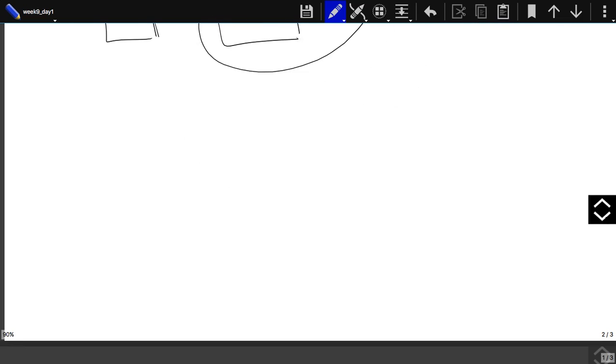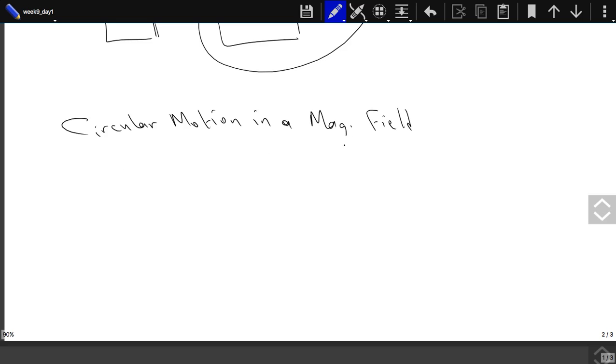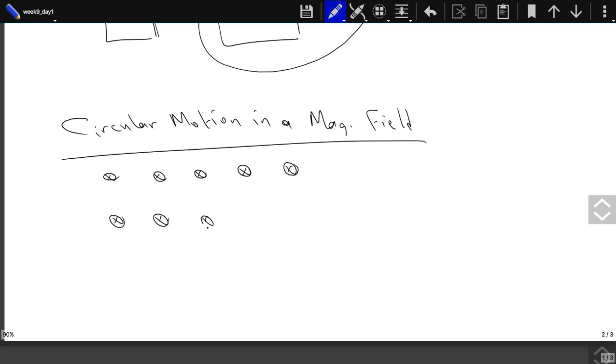Now let's go back to, let's review the circular motion. Now we said that if we have a region of space which has a uniform magnetic field, and you just send some charge through this region with an initial velocity, and let's say it's a positive charge, there will be a magnetic force in the upward direction, and the trajectory, it will be always perpendicular to the velocity of this charge. And we said that it will be doing uniform circular motion, and this will be its trajectory